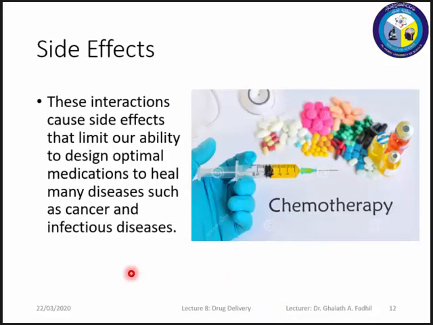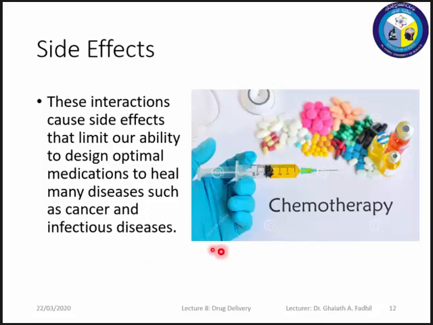And these interactions not only affect healthy parts or healthy organs, but they also limit our ability to provide the optimal medication for many diseases, especially diseases that require speedy decisions and